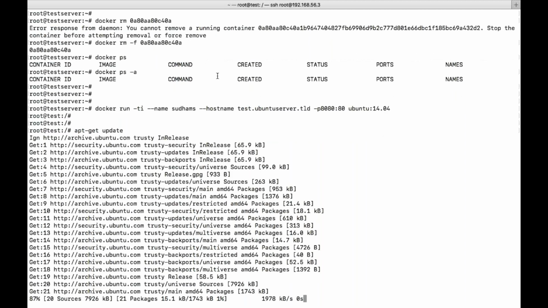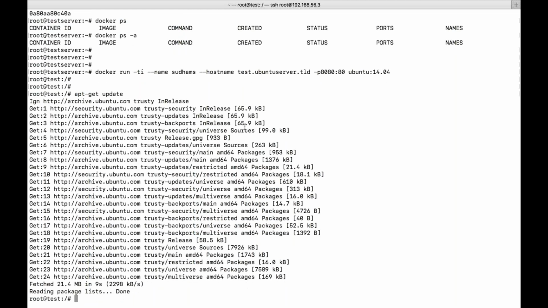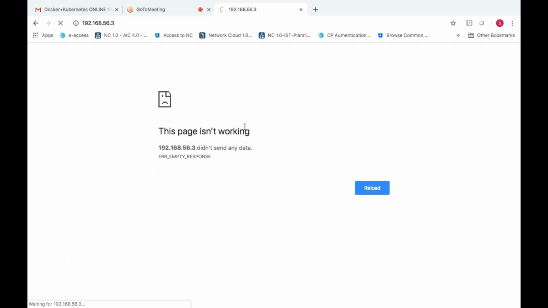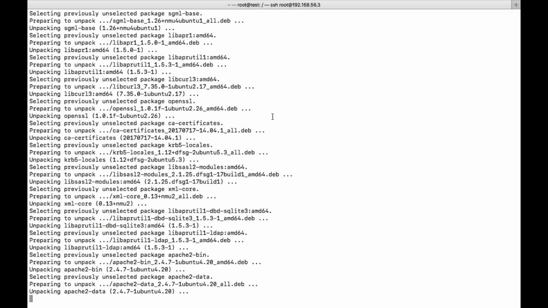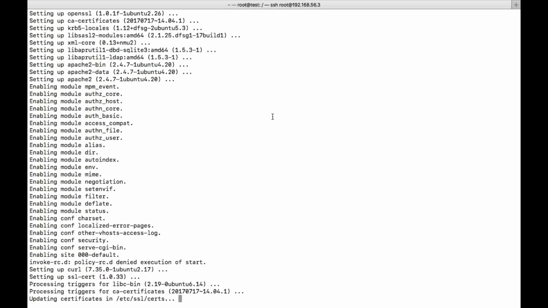Again, I need to start from the beginning. Update, and I need to install the package. It's a new container, right? Now start.